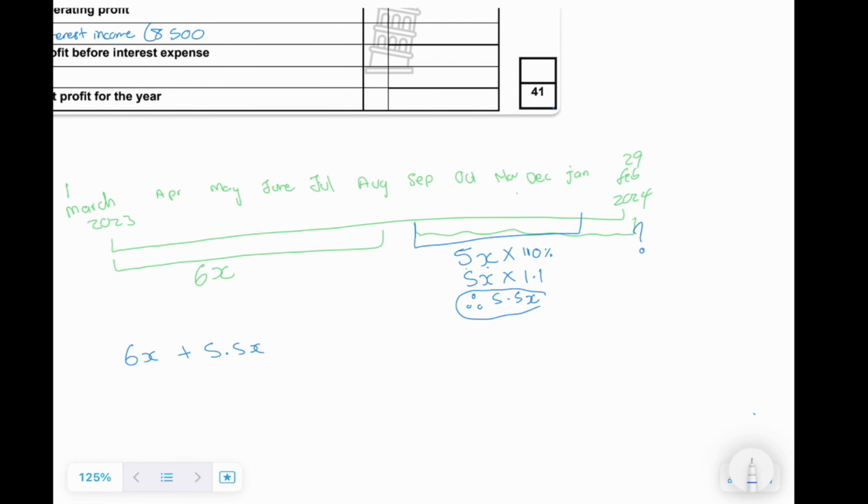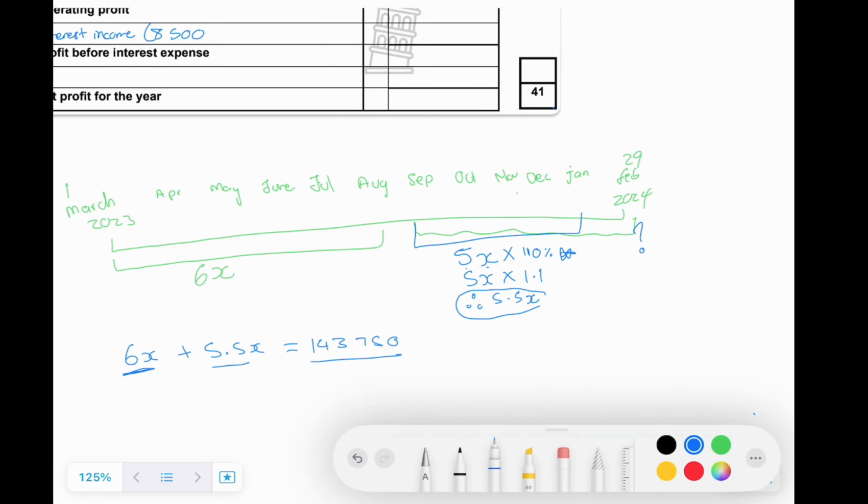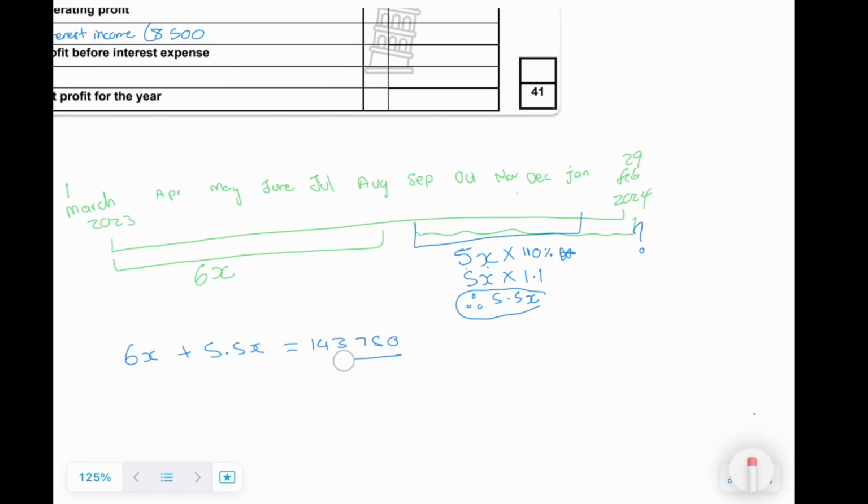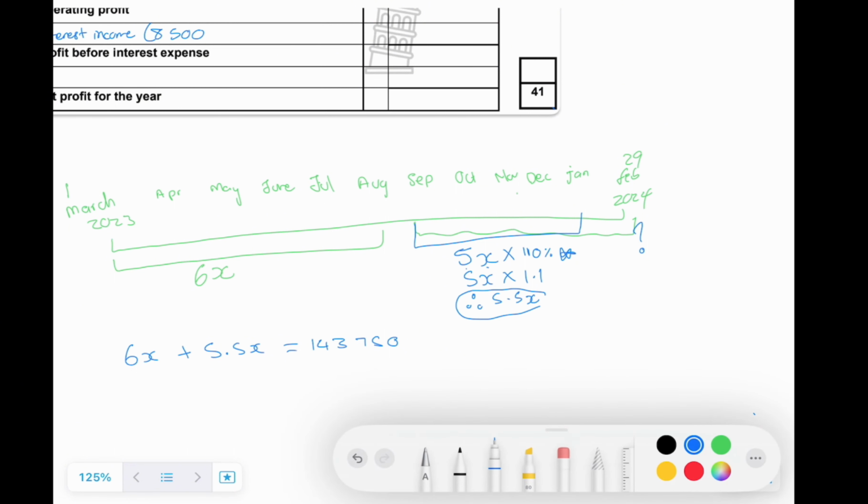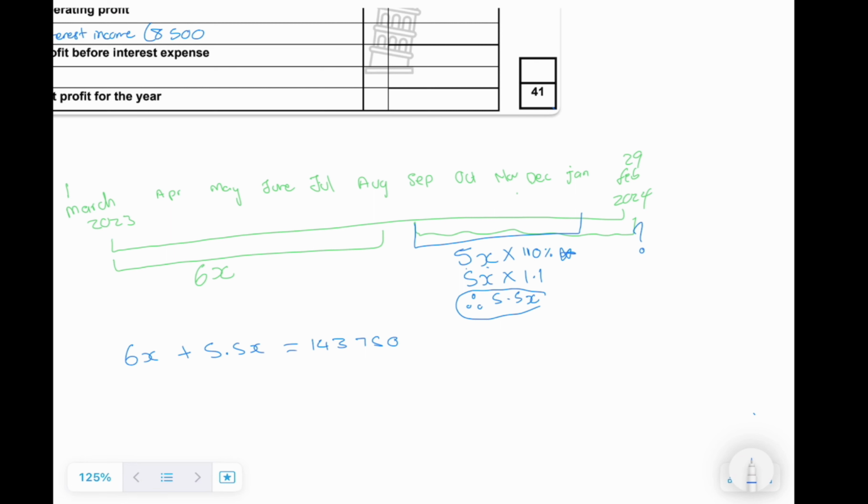equals 143,750. So in this amount is the 5 months that includes the 10% and the 6 months that do not include the 10%. We are trying to solve for this X. We are trying to get the amount for X so we can know what the actual amount was. So you're just going to add the 6x and the 5.5x. It will give you 11.5x equals